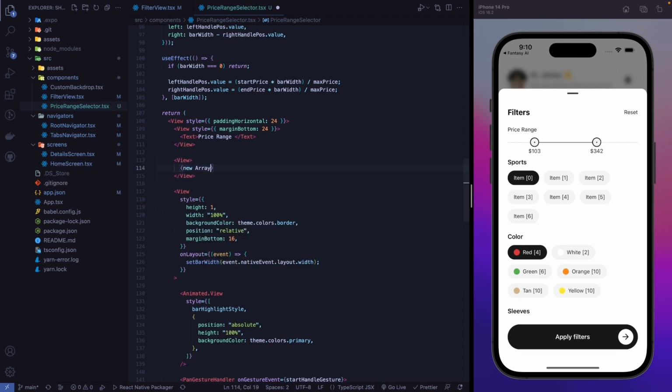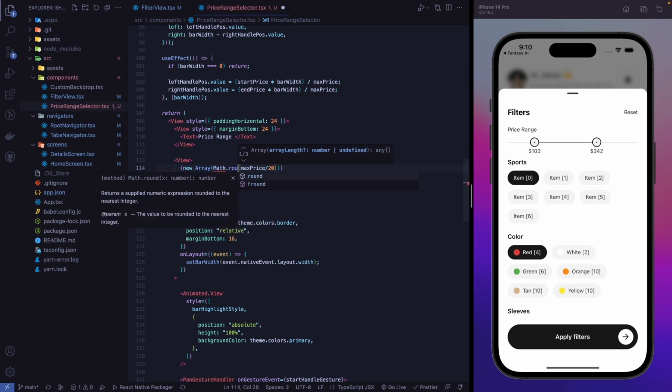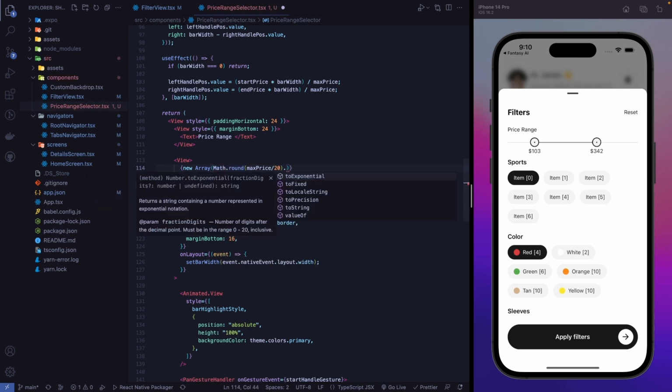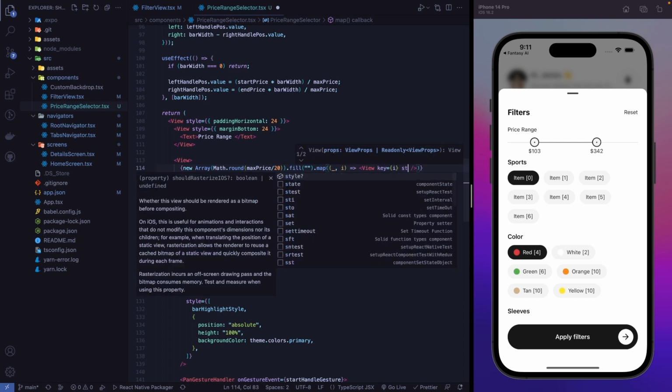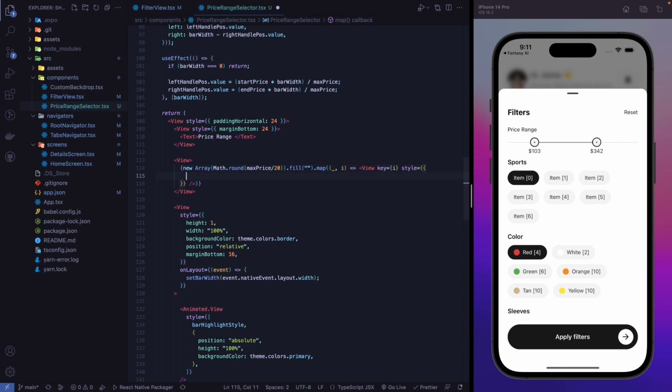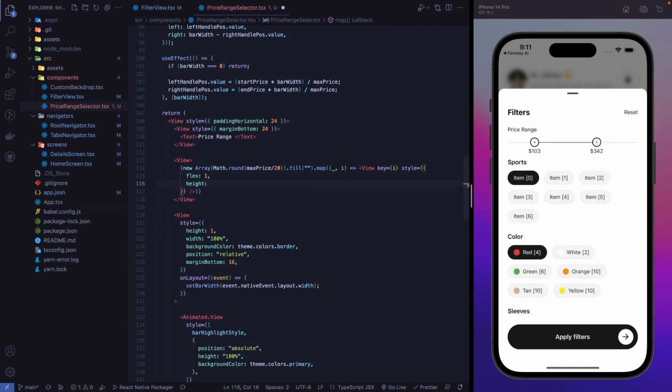Let's add a new array of max price by 20, and Math.round to round it up, and then let's do a fill, we don't want anything, let's .map it, and then let's add a view, and let's take the index and add the key, and then let's add style, and the style is going to be a flex one, and the height is going to be